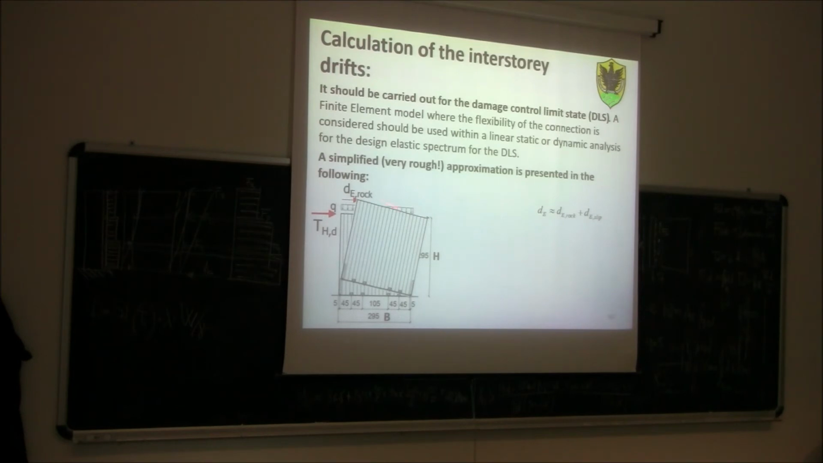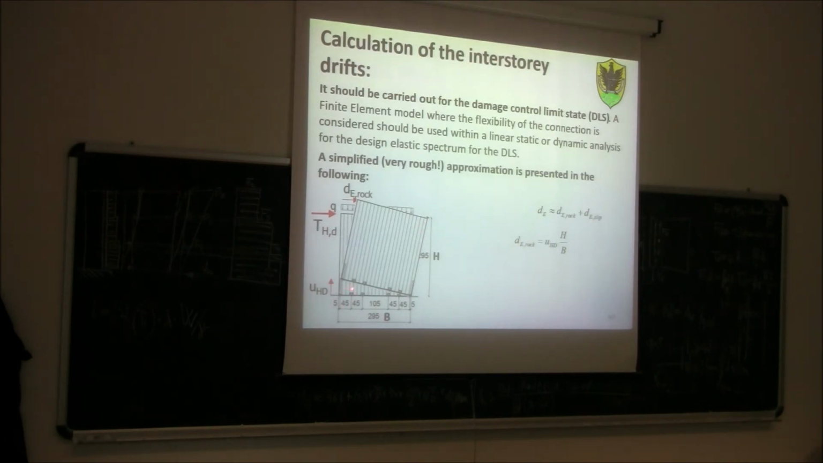Okay? If this cross-lam wall was a square, since it is rigid, dE rock would be exactly the same as this uplift. If it is not a square, then I can relate dE rock to UHD, which is basically the stretching of the hold-down. I can say that dE rock is UHD, the uplift at the hold-down, times H divided by B. Why times H divided by B? Because